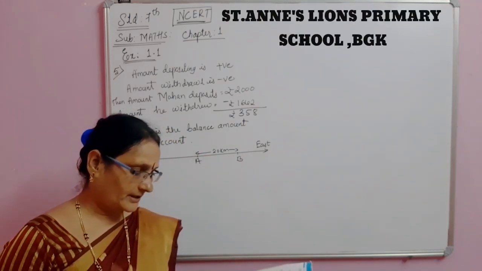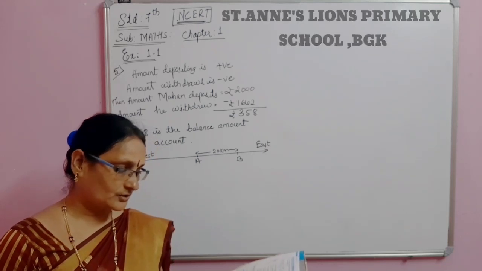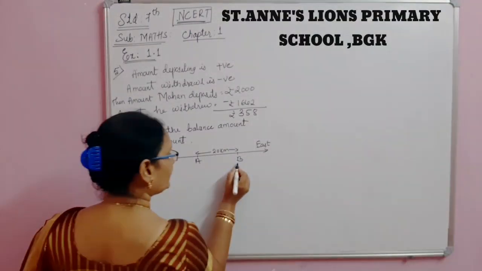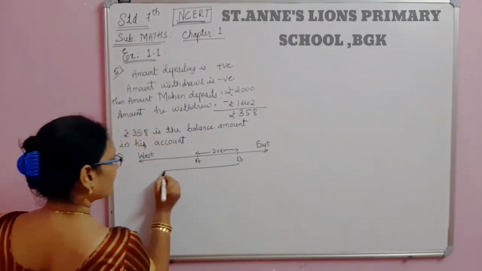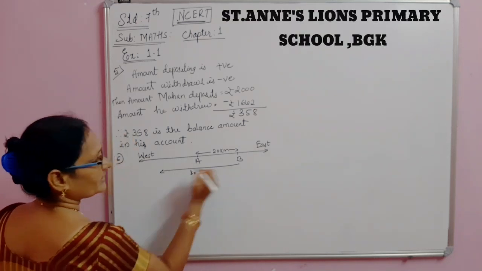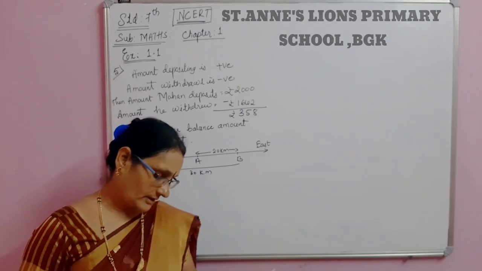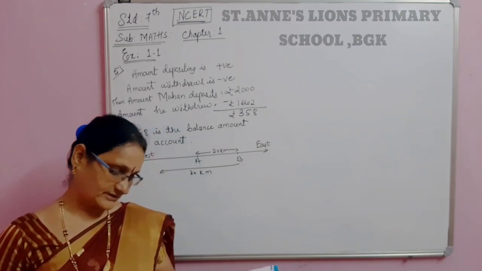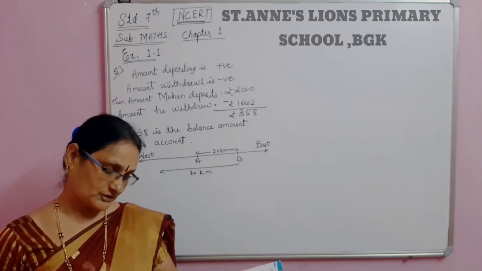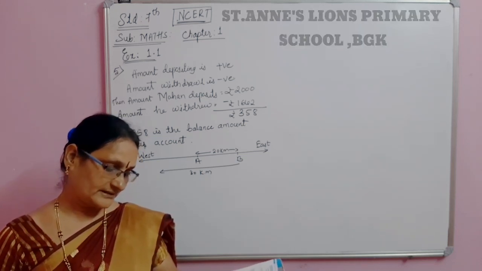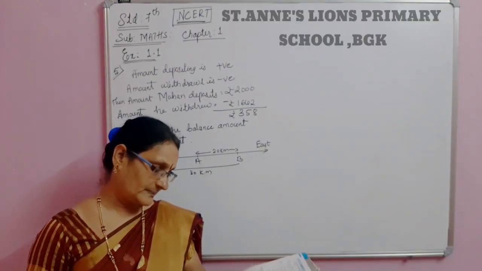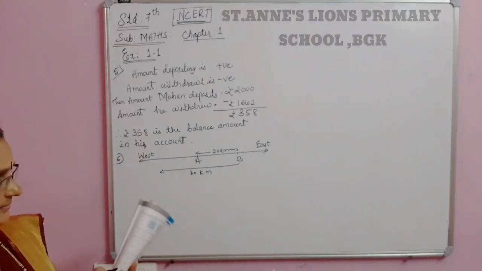Okay. From B she moves 30 kilometers towards west. See, opposite direction means negative always. From B to west she is going. How much? 30 kilometers, along the same road. If the distance towards east is represented by positive, how will you represent the distance traveled towards the west? Negative. By which integer will you represent her final position from A?